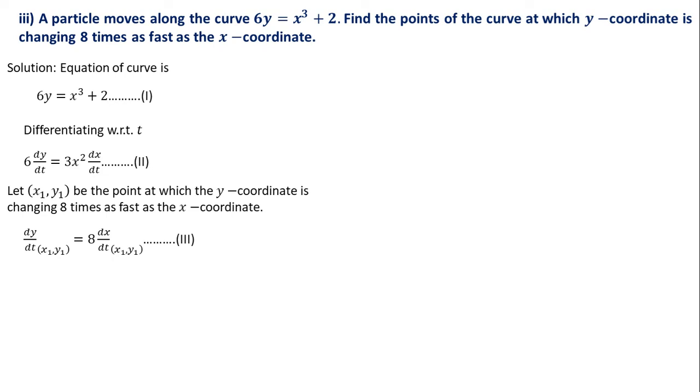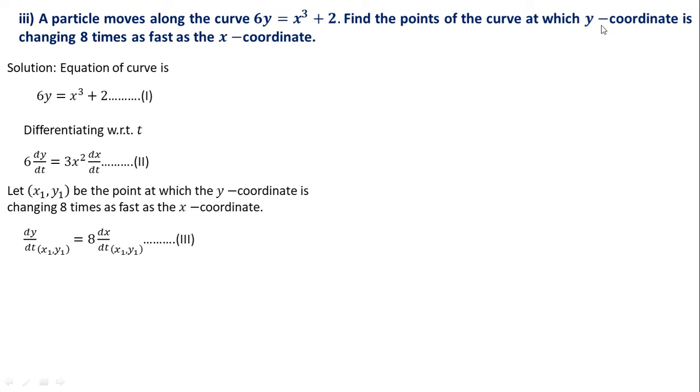So that's why we will consider another equation. dy by dt at point x1, y1 is equal to 8 times dx by dt at point x1, y1. It means at this point the y coordinate is changing 8 times as fast as the x coordinate. So you can write dy by dt is equal to 8 times dx by dt. This is the meaning of that